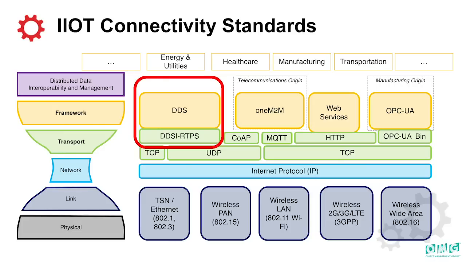Like I said, the bottom level are the things that happen more at the hardware level, where there is a lot of innovation going on with 5G and time-sensitive networks for real-time Ethernet. Then the middle layer is very well established now with TCP/IP, UDP/IP, HTTP. And then the framework layer is where all the communication patterns occur, publish-subscribe, service-oriented architecture, where there is a lot of innovation as well, right?